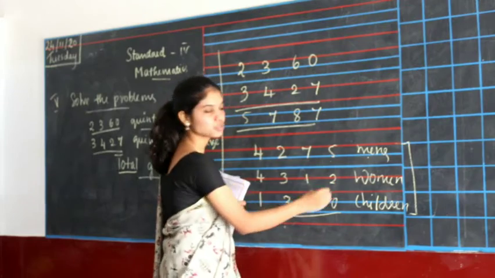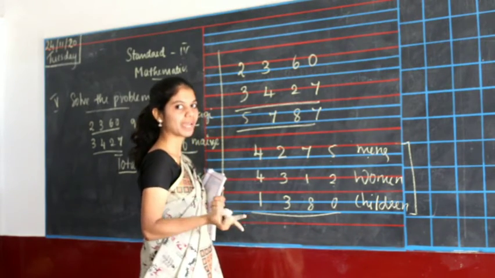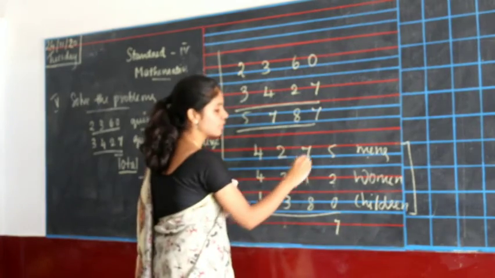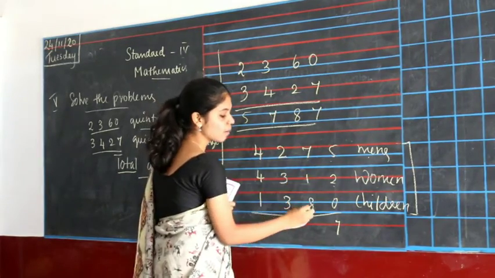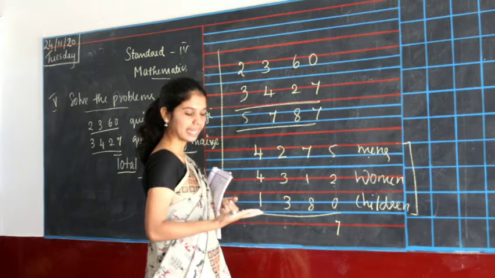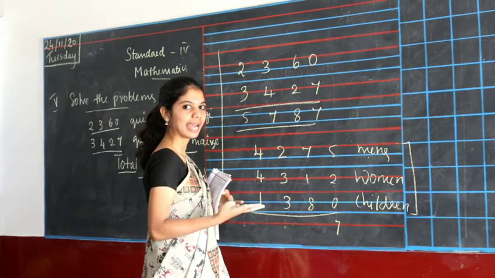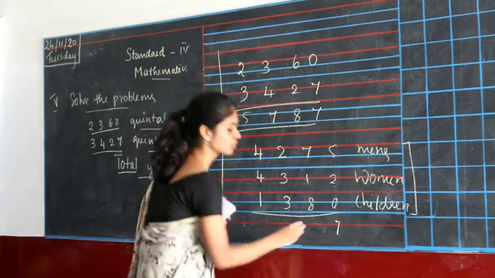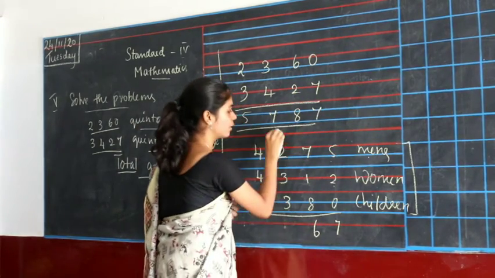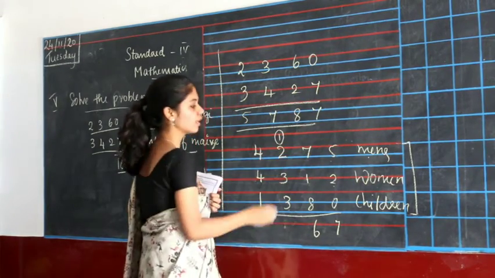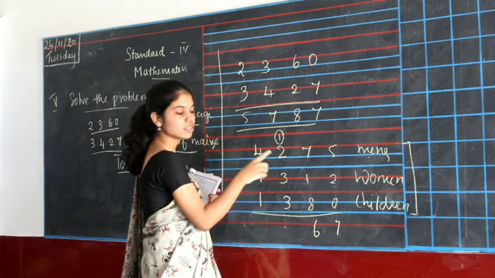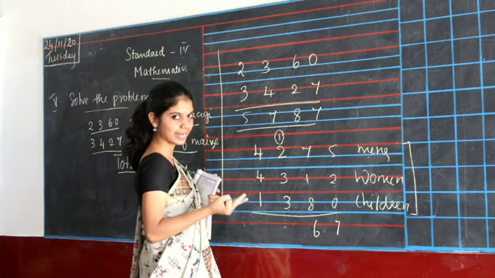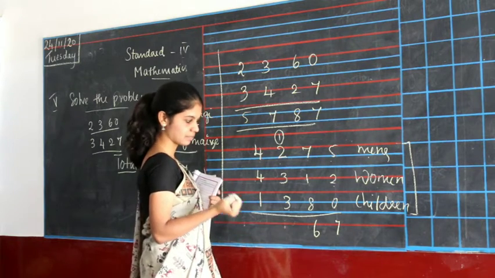So 5 plus 2 will be 5 in your mind, 2 in your finger, 5 after 6 and 7. So 7 plus 1 will be 8, 8 plus 8 will be 8 in your mind, 8 in your finger, 8 after 9, 10, 11, 12, 13, 14, 15, 16. So 6 and 1 will be your carry. And 1 plus 2 will be 3, 3 plus 3 will be 3 in your mind, 3 in your finger, 3 after 4, 5 and 6.